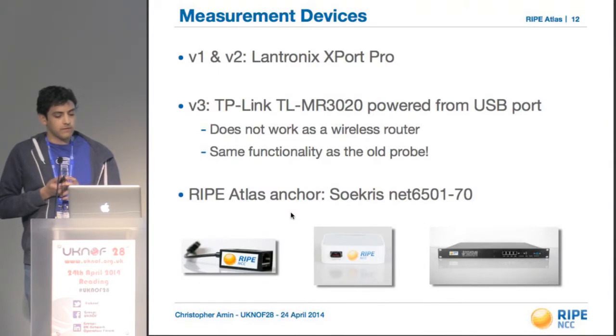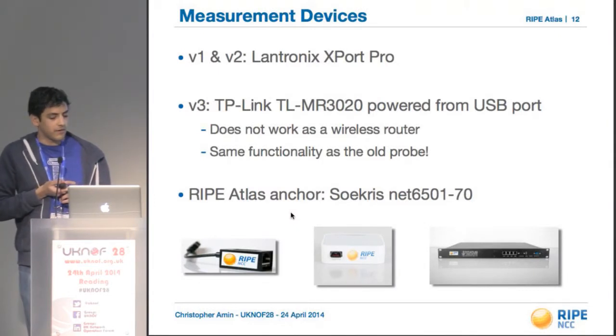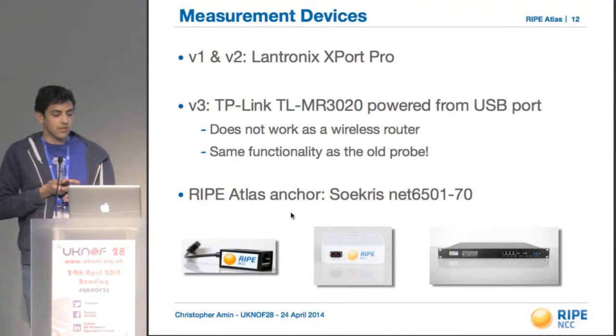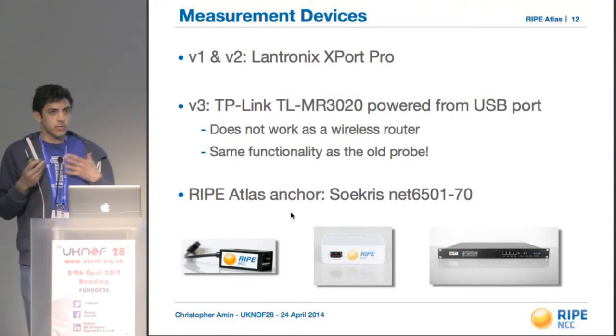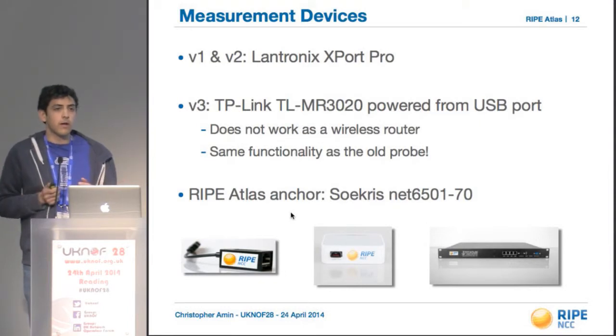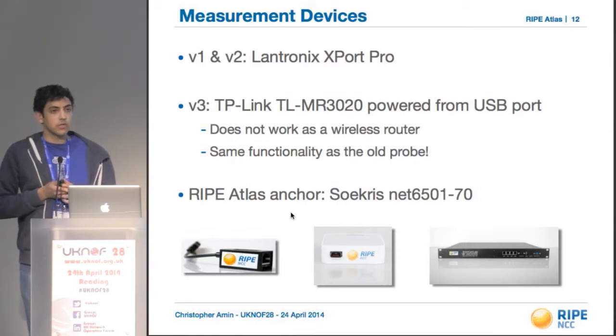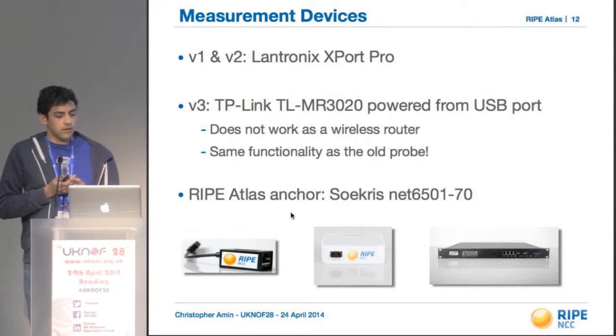So this is the hardware we have. The one on the left is the V1, which was the retro one, back when years started with 2000 instead of 20. That was replaced by basically a TP-Link mini Wi-Fi router, with completely custom firmware, and the Wi-Fi isn't enabled on it. And we also have the RIPE Atlas anchors, which are beefy boxes which sit in your rack,